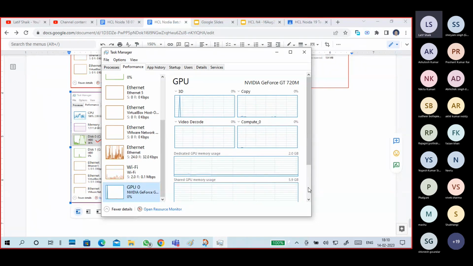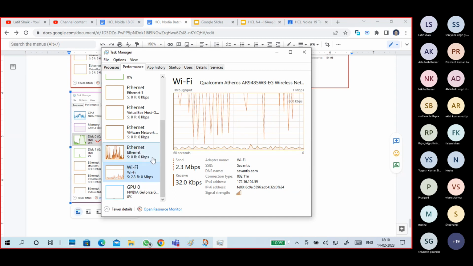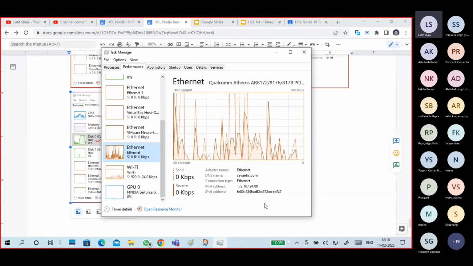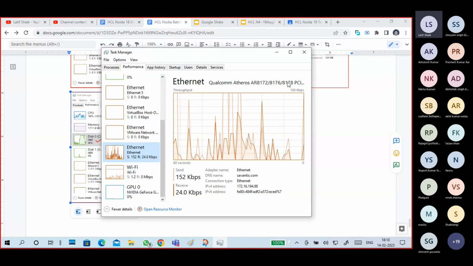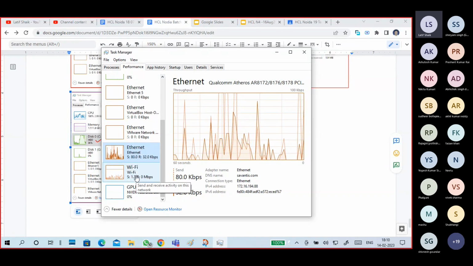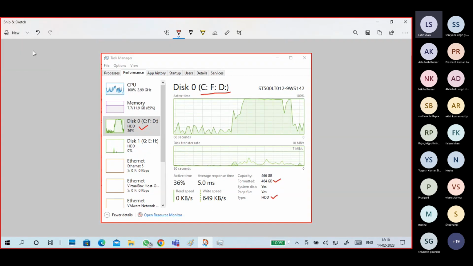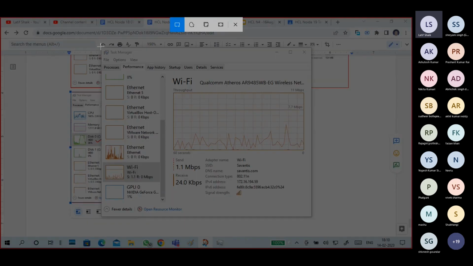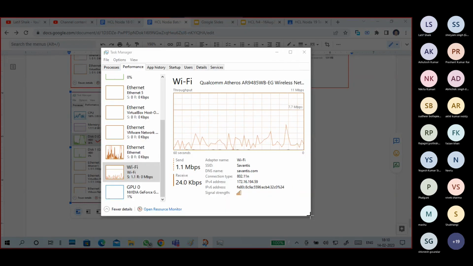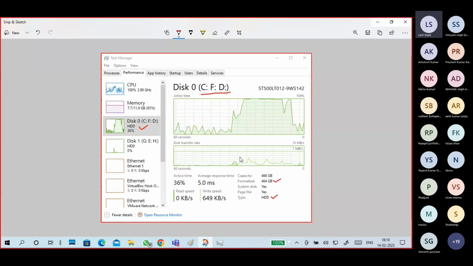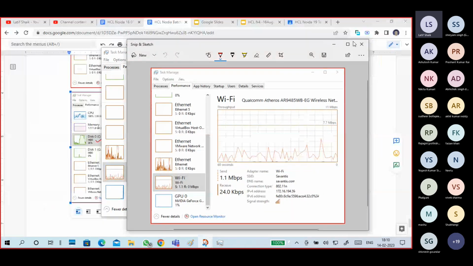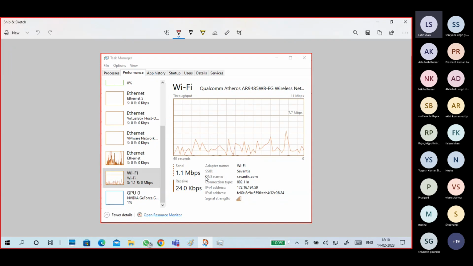Okay, this is the graphical memory, but graphical memory is a taller one, so I'm going to my network section first. This is my Ethernet, because I connected with the wire, and wireless connectivity is also working. Both are working well. First I want to show you the part that is networking related. But a graphic card, if I put one in, is more helpful. Operating system wise we don't know, but a graphic card is good.